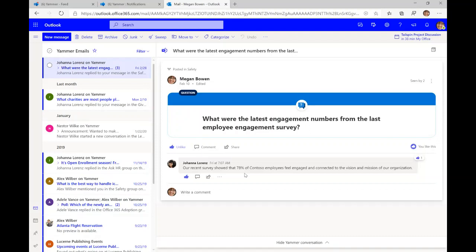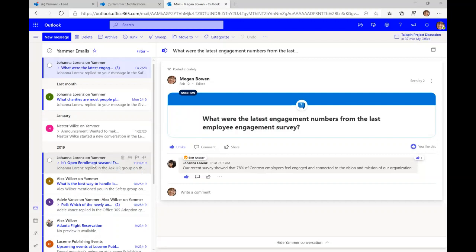Now I don't need to go back to Yammer to mark this as a best answer. I can actually click on this here and right from within my Outlook on the web, mark that answer as a best answer. And now I've updated this specific question on Yammer and everywhere that it appears, including Outlook on the web for everybody who received this question in their Outlook inbox. So that's how easy it is for me to complete my tasks, because Outlook is the place where people go to get things done and organize themselves. And if I'm getting my things done in Outlook and I see some tasks from Yammer, I can follow up on those tasks right from within Outlook.